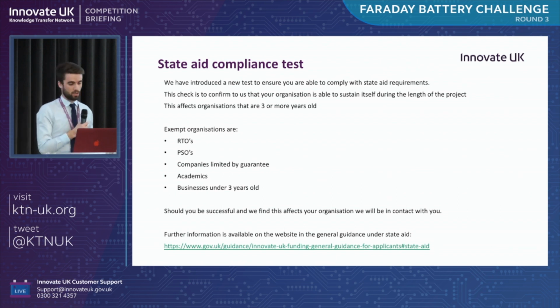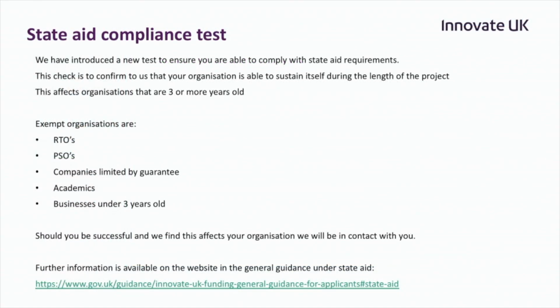Before you start an application with Innovate UK, you must think about the state aid and the eligibility criteria. There is a new test that we've introduced so that you comply with the state aid requirements. This check is to confirm to us that your organisation is able to sustain itself during the length of the project. This affects organisations that are 3 or more years old. However, you're exempt from this test if you're a research and technology organisation, a public sector organisation, a company limited by guarantee, an academic, or a business under 3 years old. Should you be successful and we find that this affects your organisation, Innovate UK will be in contact with you